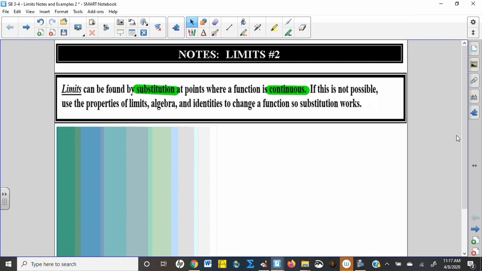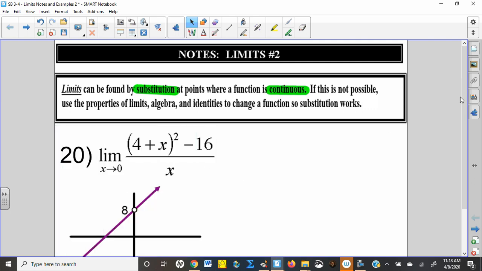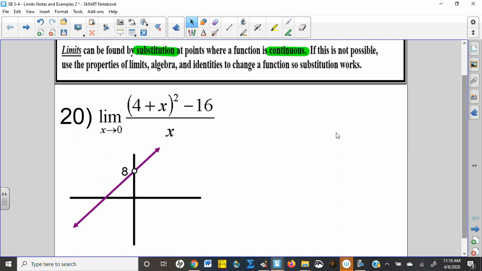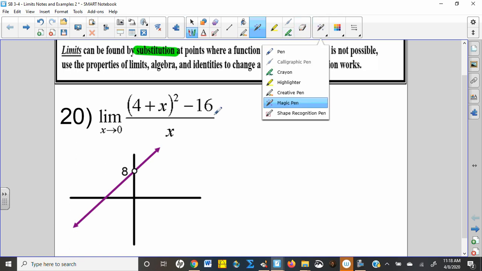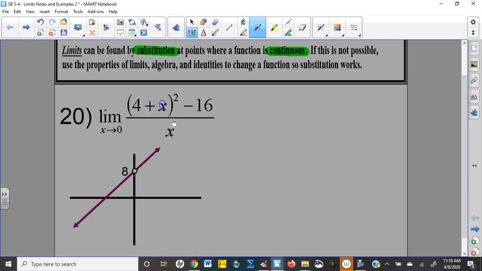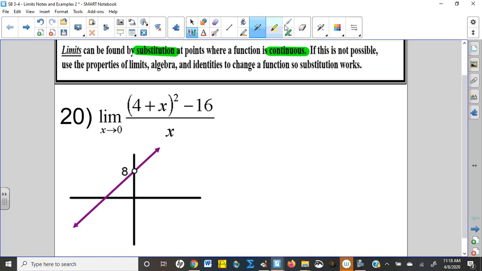The very last problem that we did yesterday, problem 20 from your homework, was this problem right here. And what it asked is, can this function be evaluated through substitution? And the answer, if you watch the homework video, was no, because if I put a 0 in here and a 0 in here,